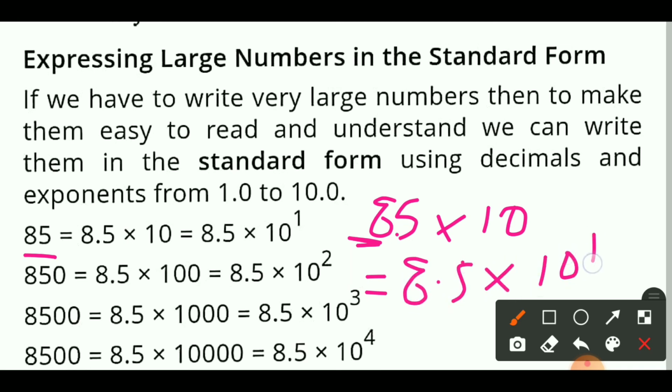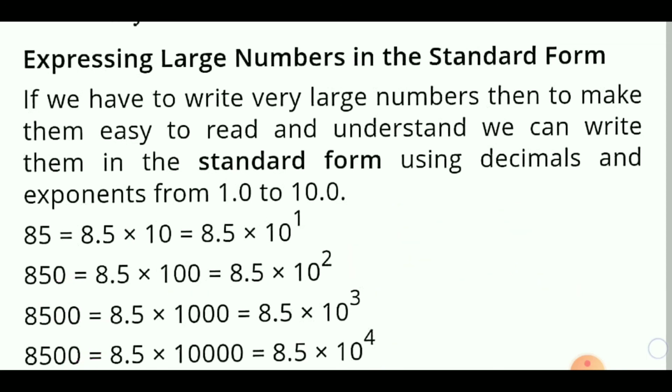If you have two zeros, so how many places does the decimal move? 1, 2. Two numbers we reduced from this side, so the power is 2. Here we are reducing 3 numbers, so power 3. Here also we have reduced 4 numbers, one more 0 will be there, that's why power is 4. Okay,